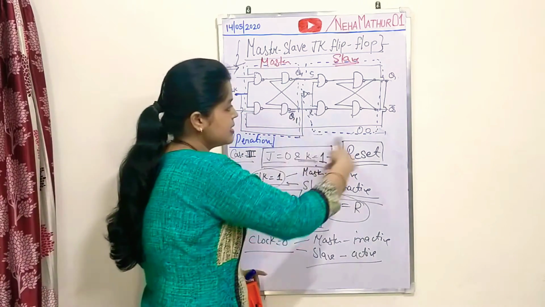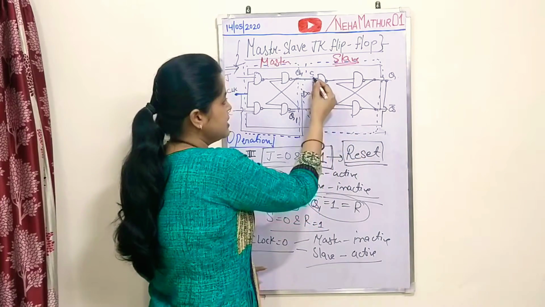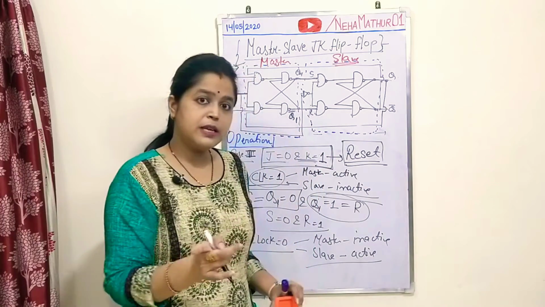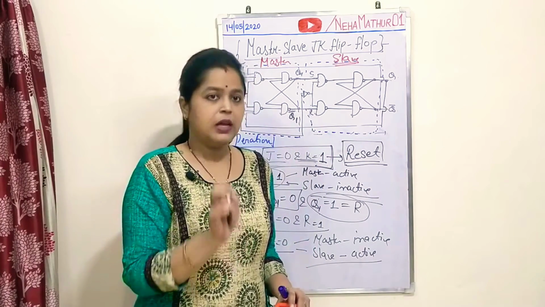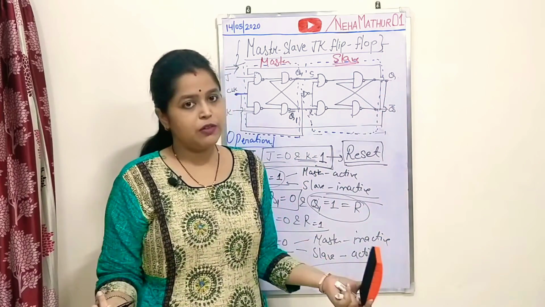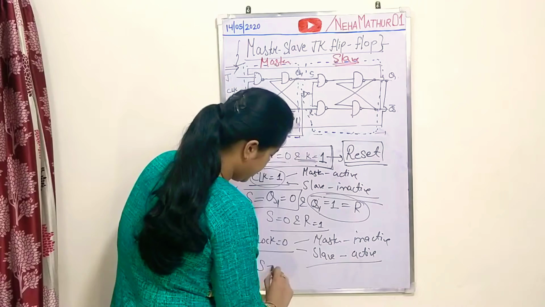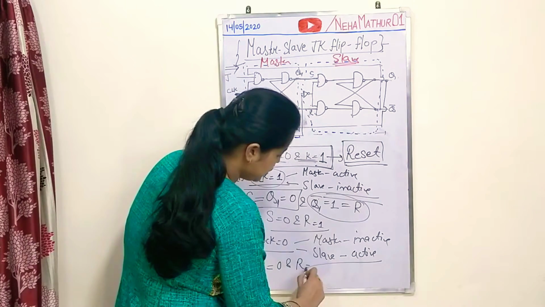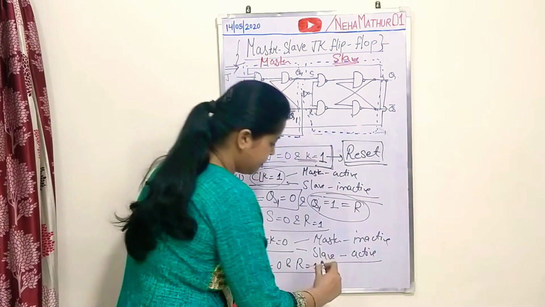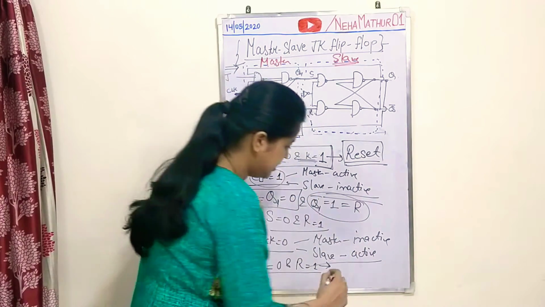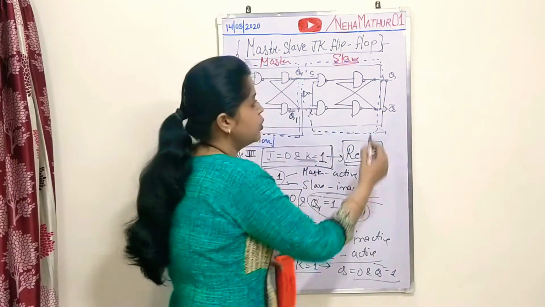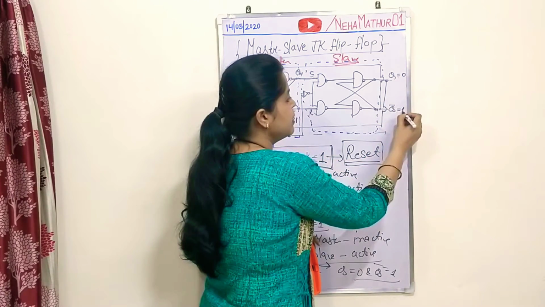Now for this circuit, input is 0 and 1, and as per the concept of SR flip-flop, if its inputs are 0 and 1, then the output will be 0, 1. Again, for S equal to 0 and R equal to 1, as per the concept of SR flip-flop, by following the reset state, your Q will be 0 and Q bar will be 1. So now Q will be 0 and Q bar will be 1.